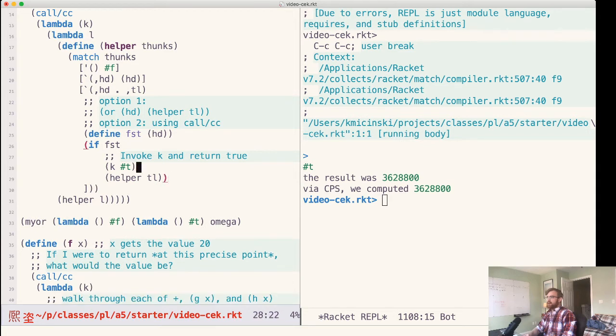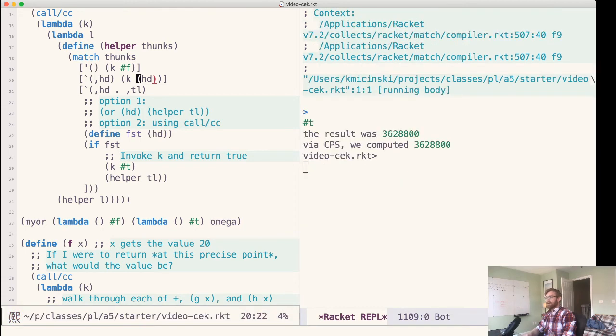And then here I'll invoke k on f. I actually don't even have to do this because I could just return normally. I could also invoke k on head right here. Now we can call it, here we go. Now if we try my or,